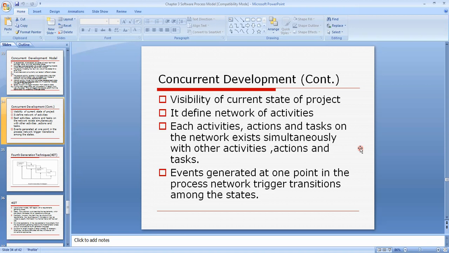Events generated at one point in the process network trigger transitions among the states. So in the concurrent development model there are different states, and they transit from one state to another. You can watch the current state of the project with the naked eye.